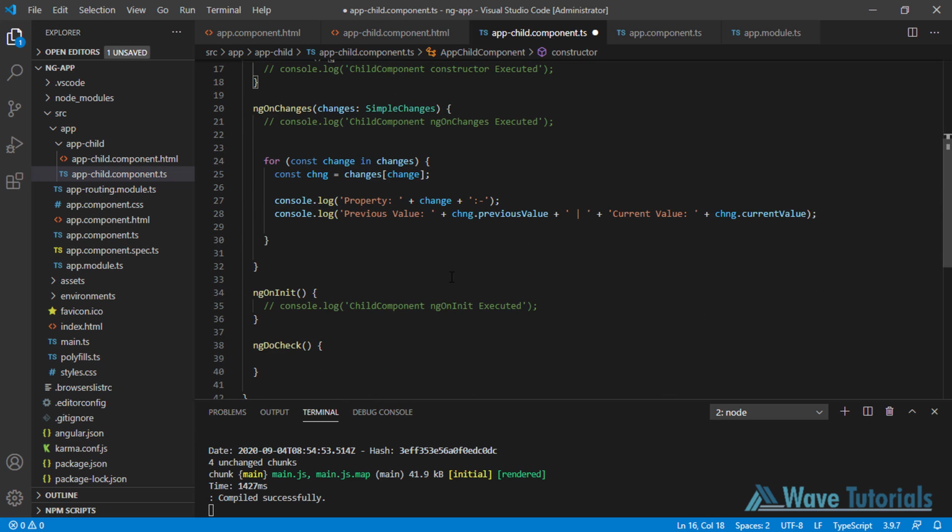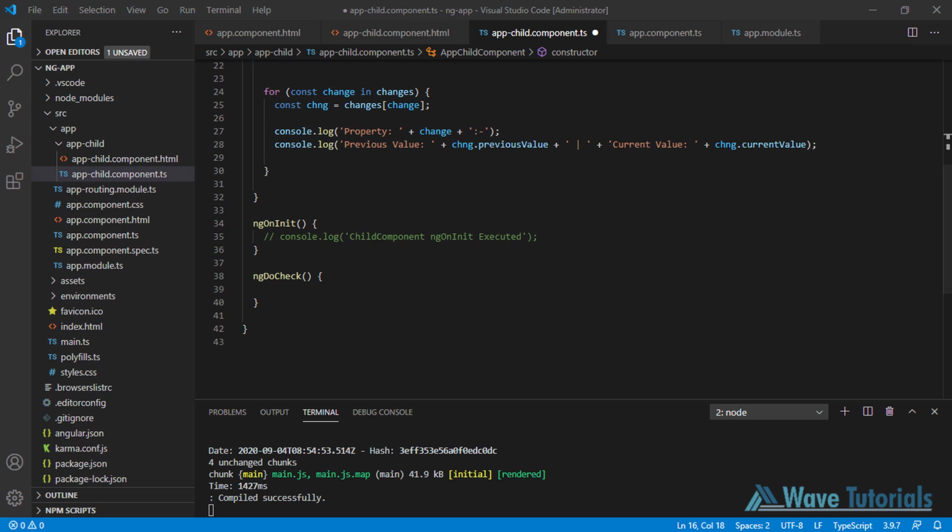And also let's write code in ngDoCheck like: if this.firstName is not equal to this.previousFirstName, then display the value